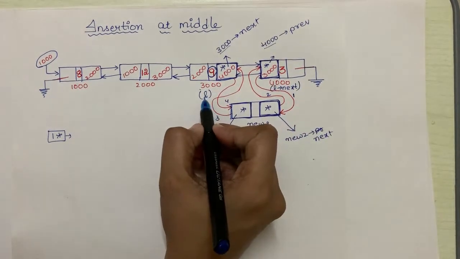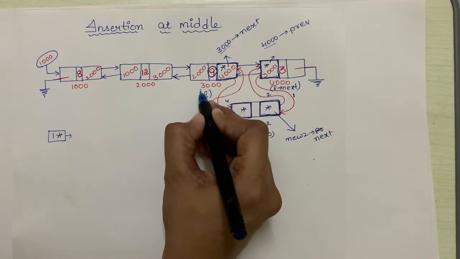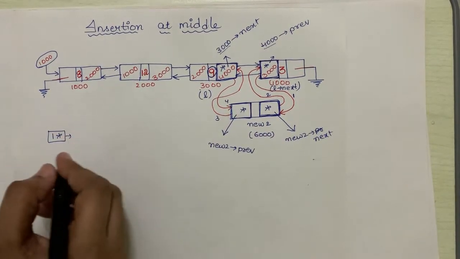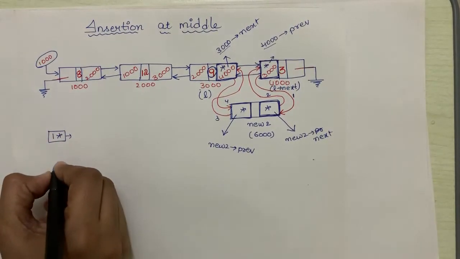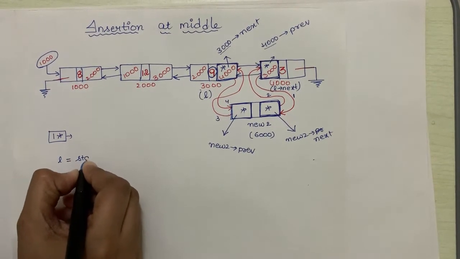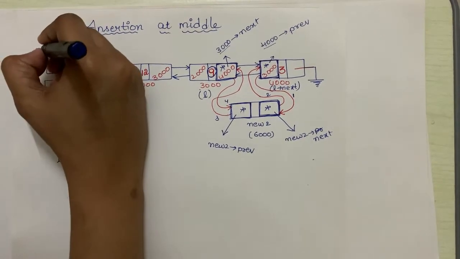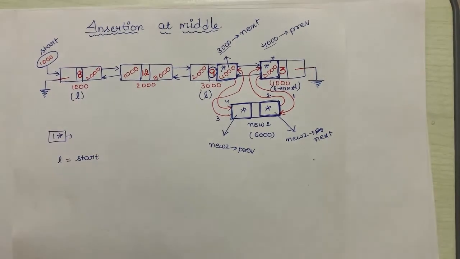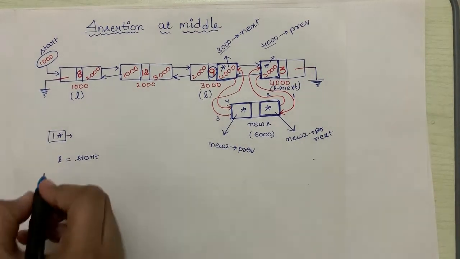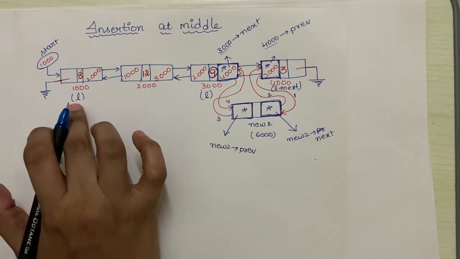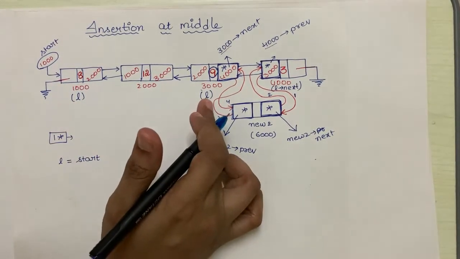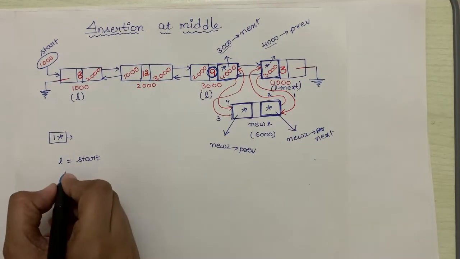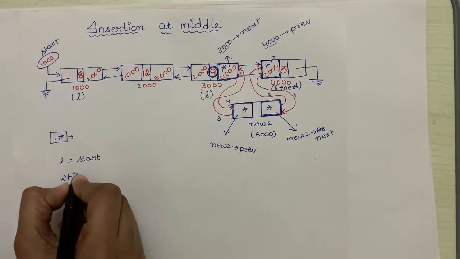Okay. So to assign this node with name L, we should write the statements. The first statement is initialize the value of L with start, because the header node name is start. So we are assigning the first node as L. Now this L should traverse all the way from first node to the ninth node. So I am writing a while loop.